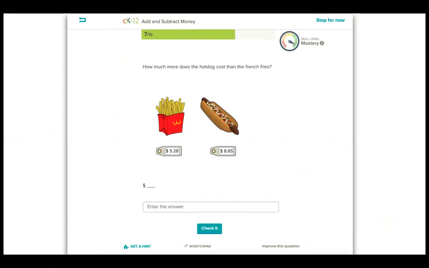This one's on adding and subtracting money, and it has the most expensive French fries and hot dog in the whole entire world on the screen. It must be a very large container of French fries or in a very expensive country. So